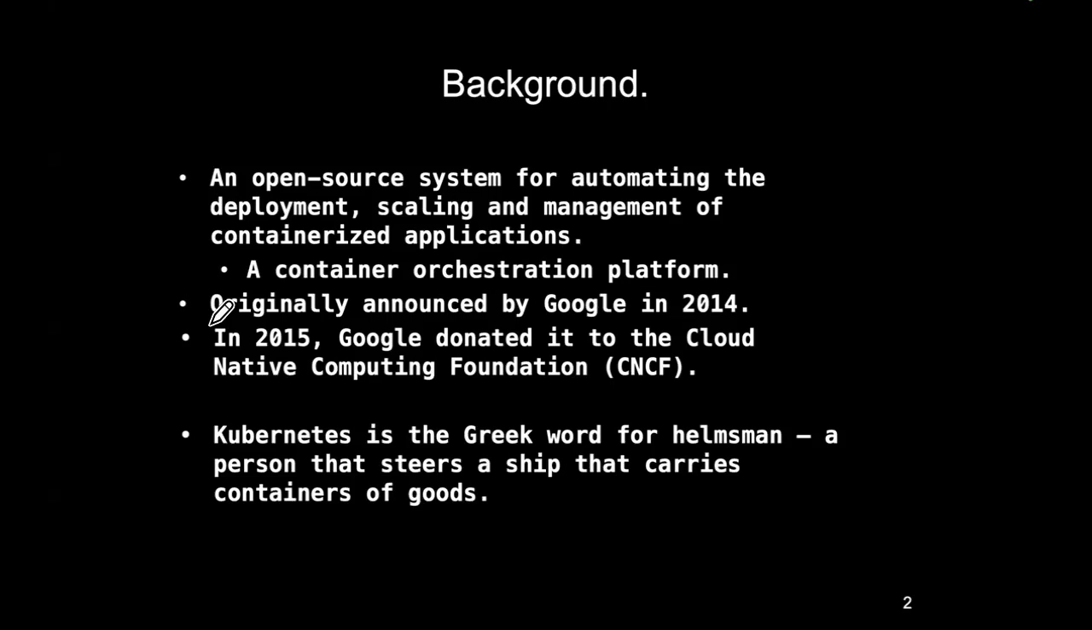I think it was called Borg initially. This is back around, is it 2014, the slide is saying there. And then, fortunately for us, they open sourced this Borg tool and renamed it to Kubernetes. And they handed it over to an organization called the CNCF,